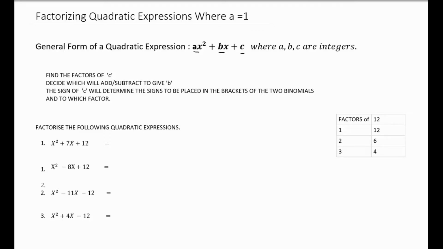We are going to look at factorizing quadratic expressions where a is equal to 1, that is, the coefficient of x squared is equal to 1. As you know, the general form of a quadratic expression is ax squared plus bx plus c, where a, b, and c are integers. So what we want to do is to basically express the quadratic expression, the trinomial, in the form of